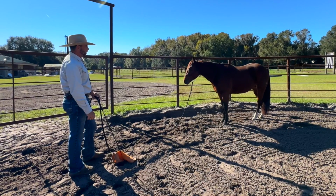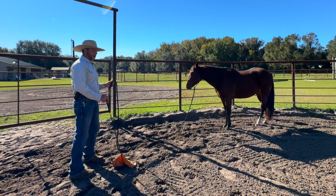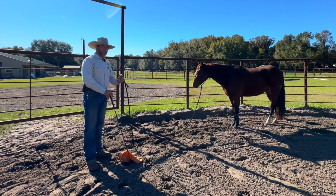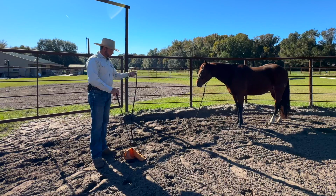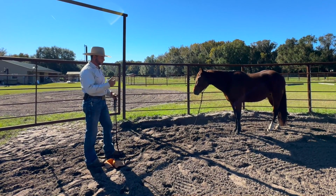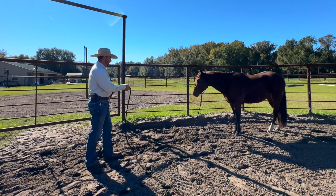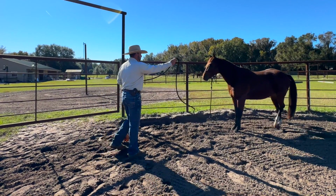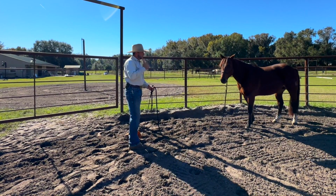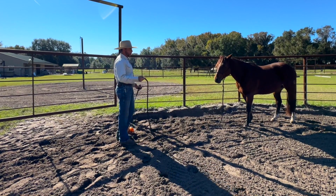Another way that can be really helpful to build distance to our backing and have good quality of communication, let's say, is wiggling the rope. The technique where I learned that and saw that was through the Parelli program. There's lots of different people. Heck, even Buck Brannaman shakes the rope to shoo a horse back. Okay. We want to be careful with how we do this. The technique as it was taught was